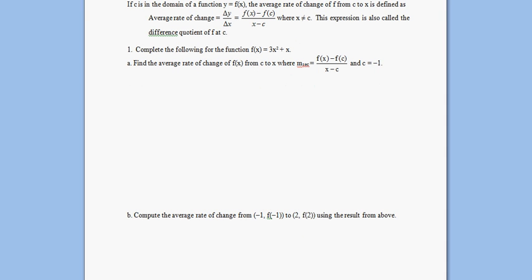Okay, so we're going to look at some secant lines of functions. What secant lines are, if you remember from geometry. Just draw a rough sketch here. Let me turn my pen on, excuse me. Obviously a secant line, if you're talking about a circle, is just a line that intersects a circle